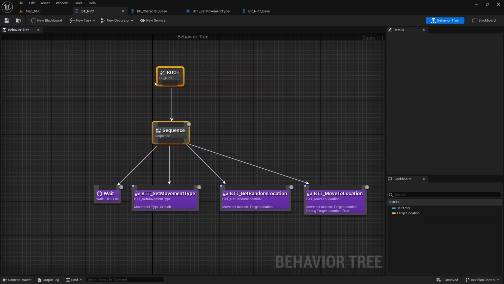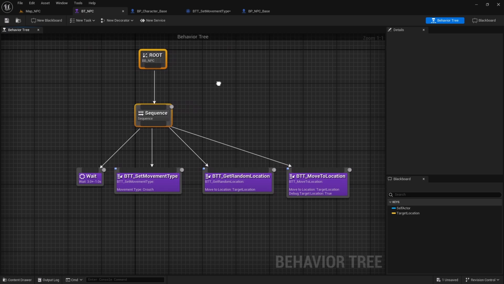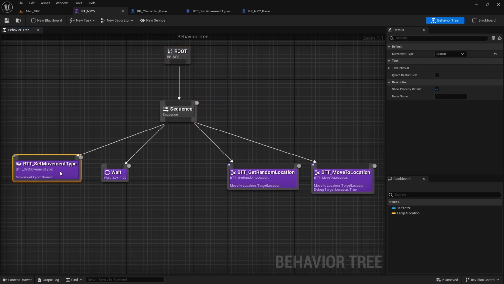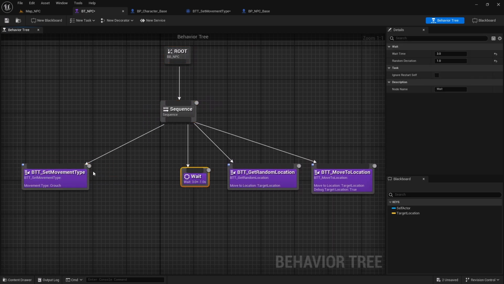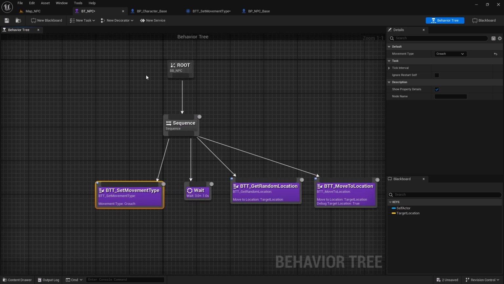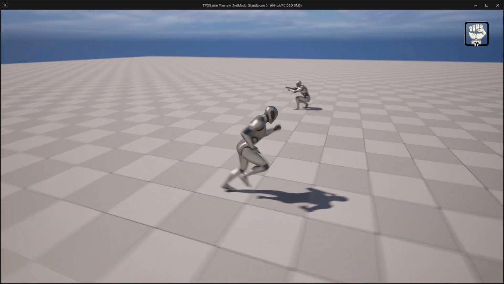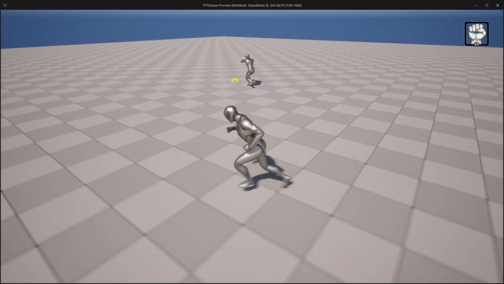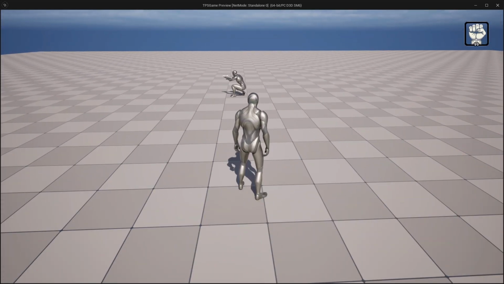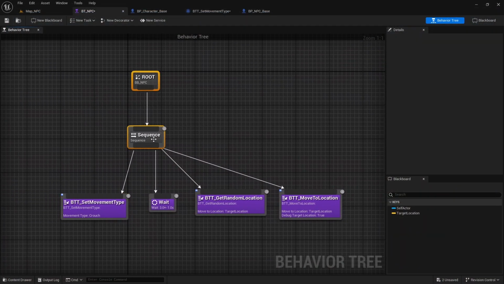But I think maybe we can do this before waiting, right? So when the character is starting, it's starting from crouch mode onwards, right? Which looks fine. And one other thing to understand